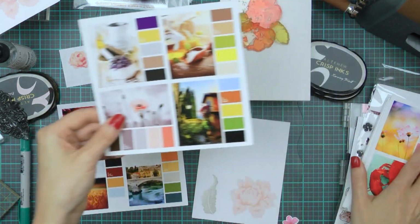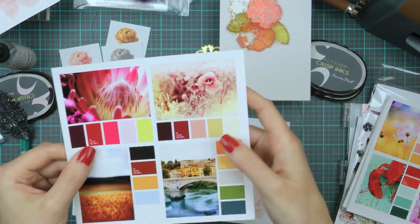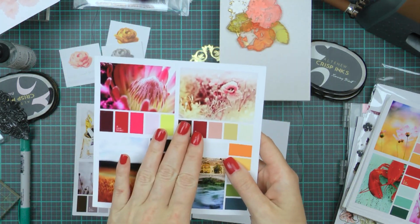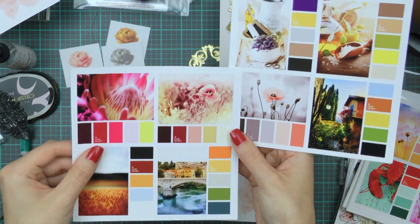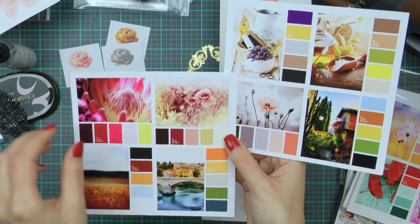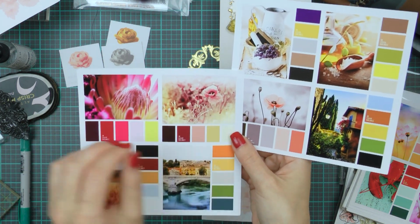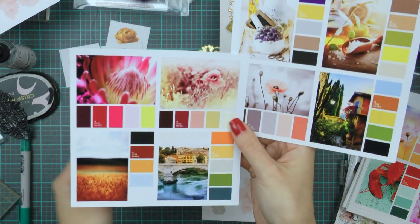so I already know what colors of ink I need to reach for. As I was going through my color palette sheets, I also came across this other color palette that I loved. The colors there are very similar to the first palette, but they are much warmer. And since I'm making a wedding card, I don't want it to be cold. I want it to have some warm colors in there as well. There are more reds in this color palette,